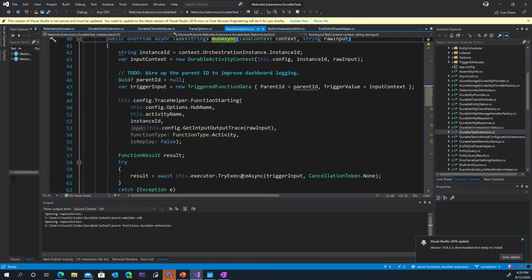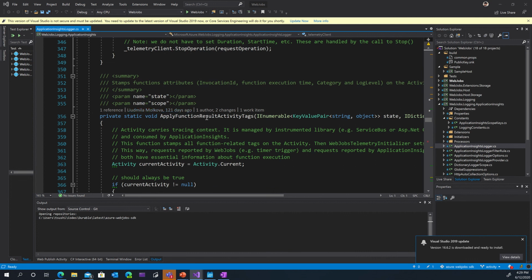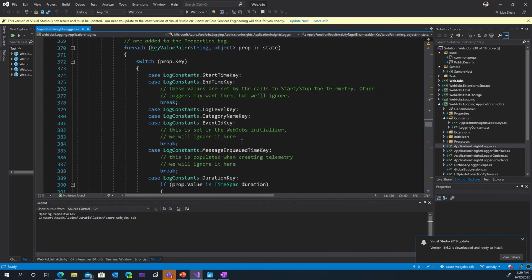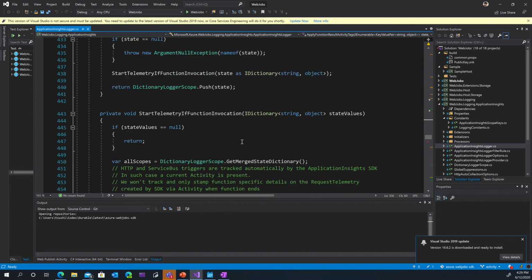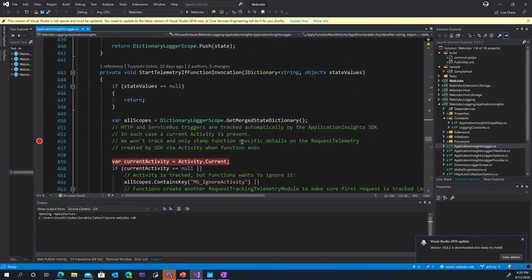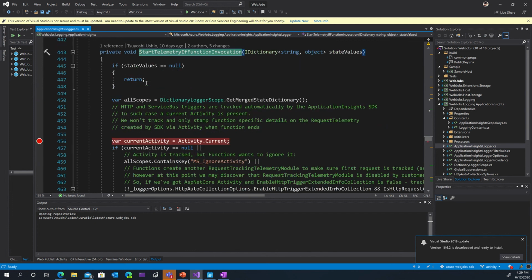Once this method is executed, eventually it calls this method, apply functions result activity tags. So then what happened? Oh no, not this one. Sorry. And where is, yeah, this one. Start telemetry if function invocation. This is called. And then what happened is this